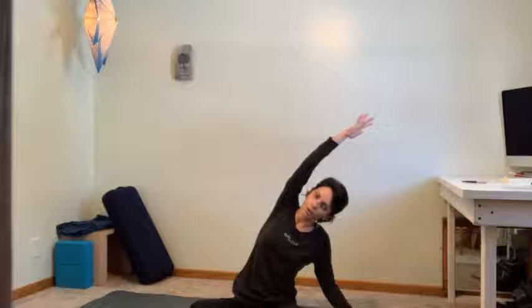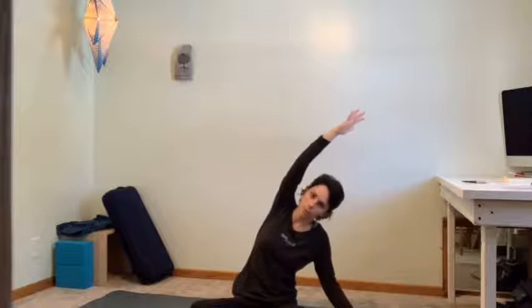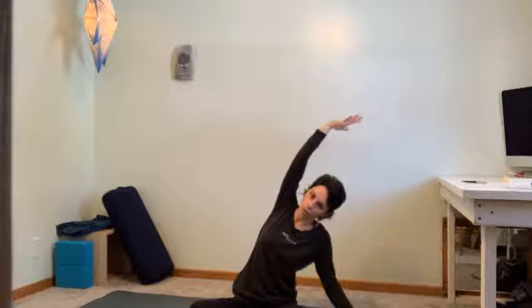Open up here. Notice the chest, so we're not caving in the chest, we're opening up here, drawing the arm backwards against the wall behind you, energetically speaking. Inhale the arm back up, exhale back down, and then inhale the right hand up so the fingertips